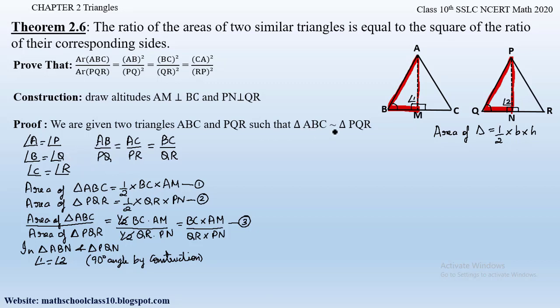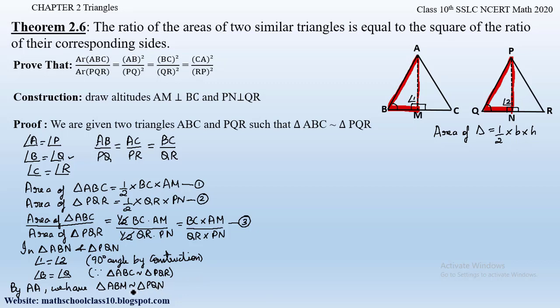we have written that initially we took triangle ABC similar to triangle PQR. So we had angle B equal to angle Q. So write down angle B equal to angle Q, since triangle ABC is similar to triangle PQR. So now since two angles of these two triangles are equal, we can write triangle ABM is similar to triangle PQN by applying the angle-angle similarity criteria, right? So by angle-angle similarity criteria, we have triangle ABM similar to triangle PQN.